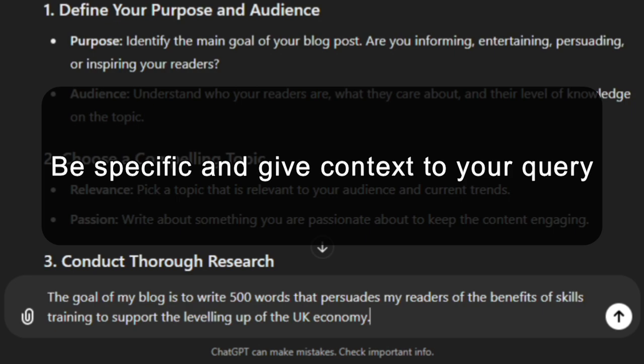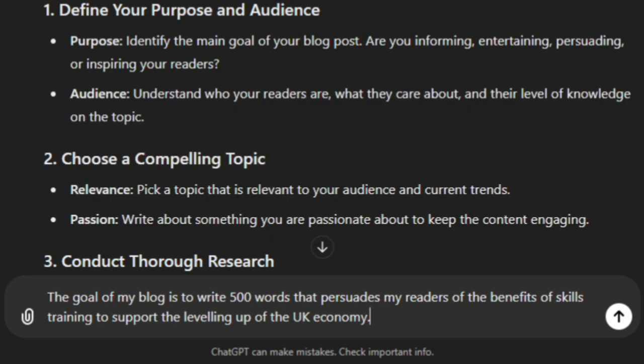This is something I'm passionate about. How do we make those areas outside of London and the southeast really vibrant with great industries, etc.? And I think skills training is one of the key things we can do to ensure that that happens.